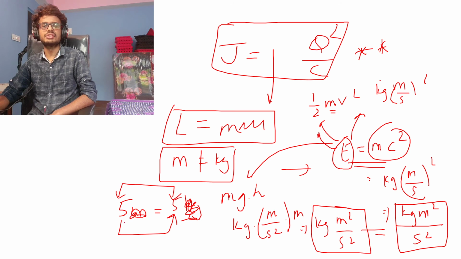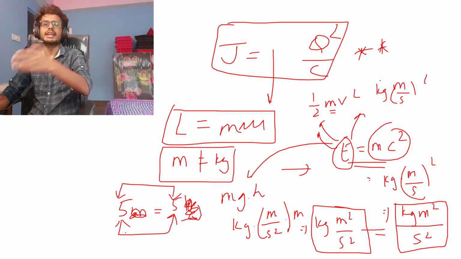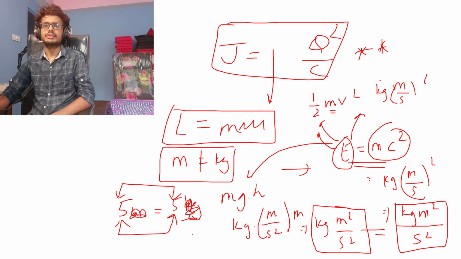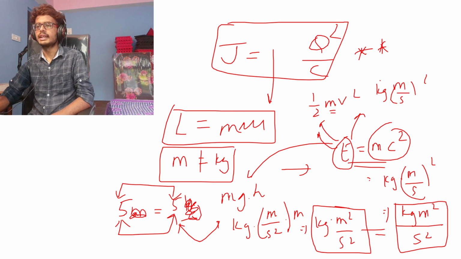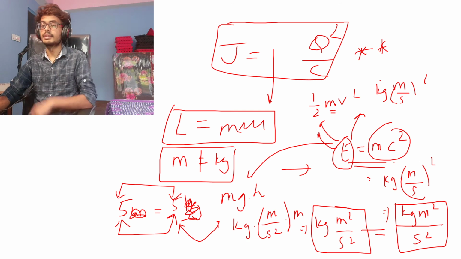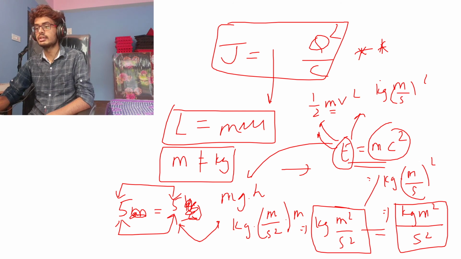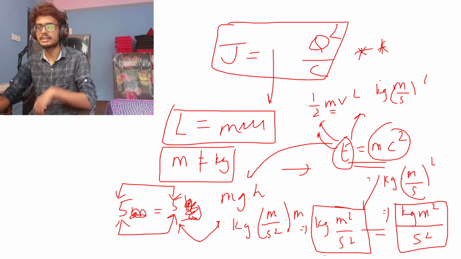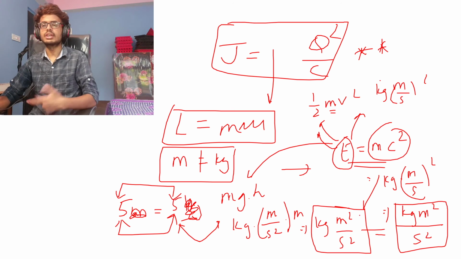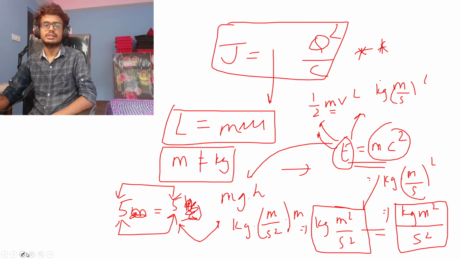But this elementary levels 7, 8, 9, 10 हरुले पढ्ने कुरा हो. So 12 को लागि हैन यो. This is अलिक एडभान्स जानुपर्छ हामी. So whenever you think you are getting your answer as incorrect or something, just try to match it dimensionally. Dimensional analysis गरेर try to match it. If the dimensions are matching, you are correct. Most of the time you will be correct only. Okay. So these are the two